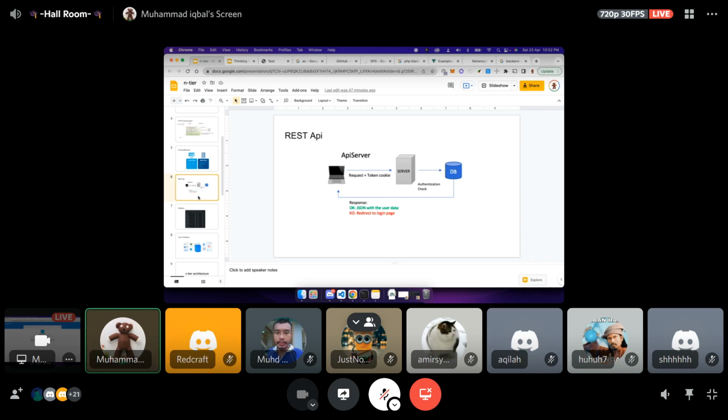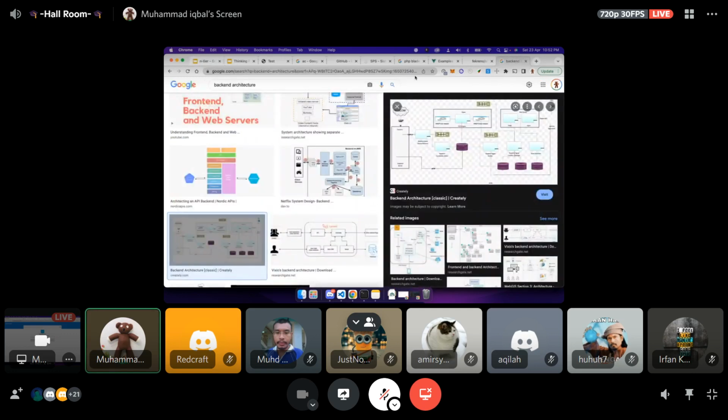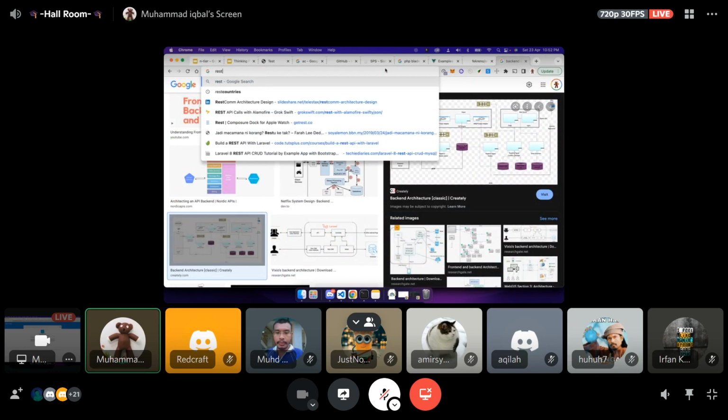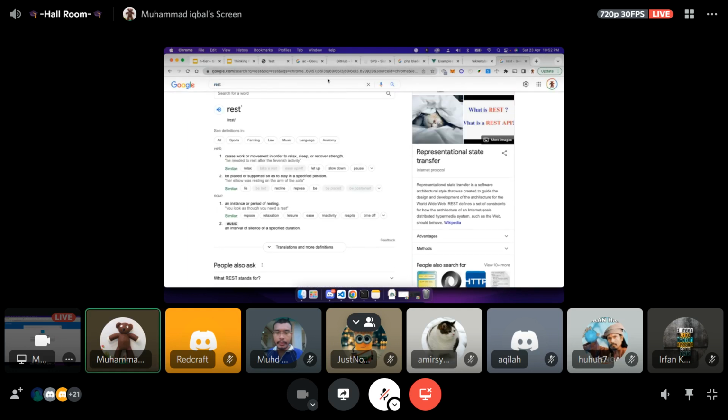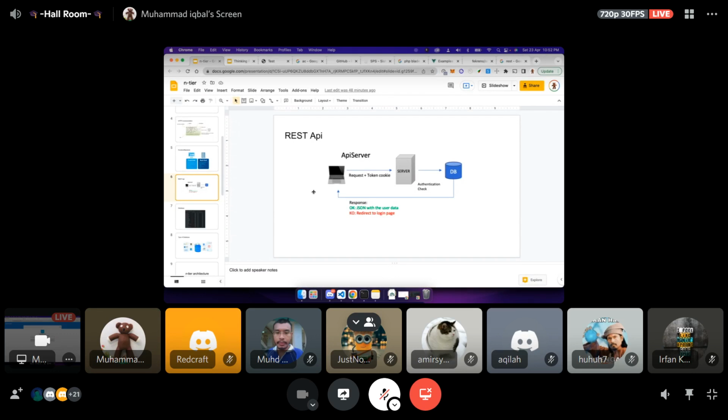I'm sorry, I can't remember the long word for it. REST protocol is actually for representation, something like that. Let me just Google lah. Representative state transfer. So it means that when you send the data in and out from the server to the